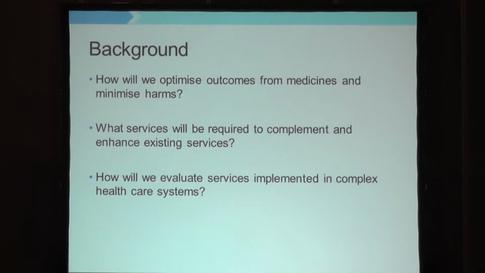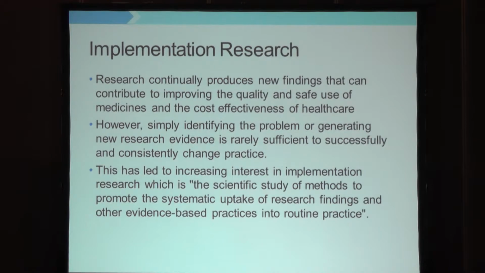So, how will we optimise the outcomes from medicines and minimise harms? What services will be required to complement and enhance existing services that exist? How will we evaluate those services implemented in complex healthcare systems? So research is continuing to produce these new findings. But however, simply identifying the problem, which is often sometimes what we can do very well in our pharmacoepi research, but how do we use that to translate that into practice to care for those people who have multimorbidity, who are on complex medication regimens? And this has led to an increasing interest in implementation research,